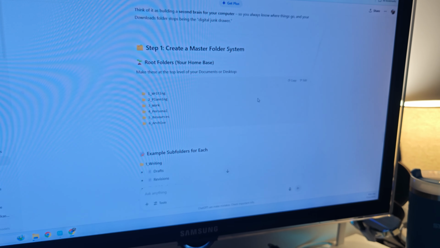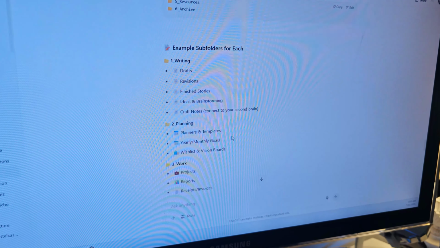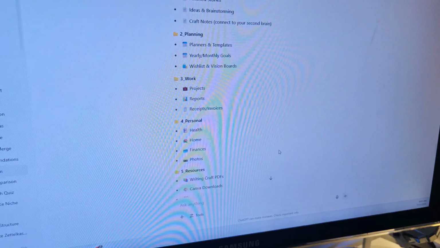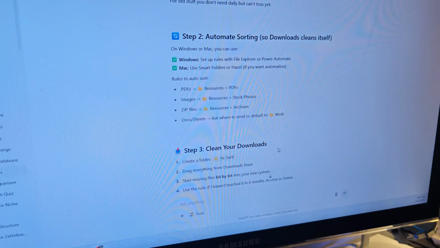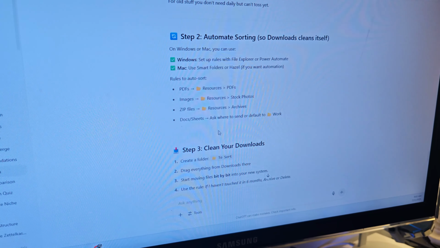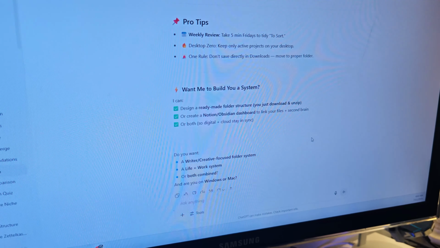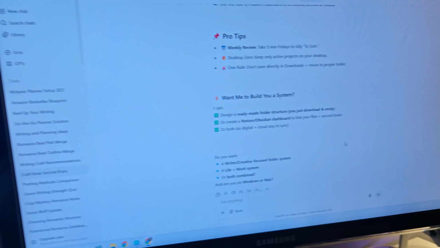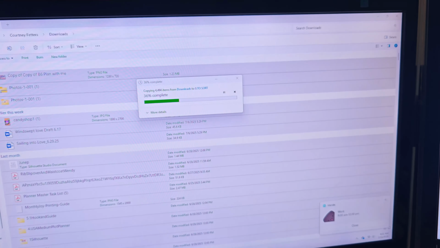So it came out like you do master folders. So I created those besides the work one. And so then I put some of these down just to kind of get an idea. And I like it. I think it will really help. And I got to figure out how to do this automatic thing, because I think that'll be very helpful. But yes, I need to get all this over. So I'm moving 4,000 items from my download into my to sort.